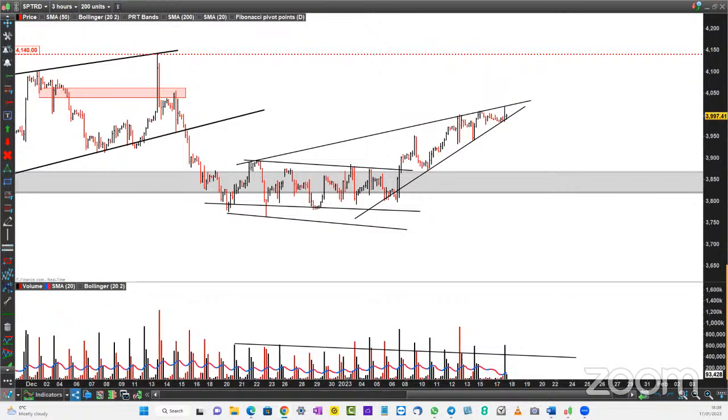You can accelerate your learning and dramatically increase the probability of winning trades by doing this kind of work. Now, this may not suit you. I've met some day traders who just want 10, 20 pips out of the market. I've met other day traders who only look for 50, 100 pips a day. And that's my style. I'm looking for at least 100 pips a day in these markets,